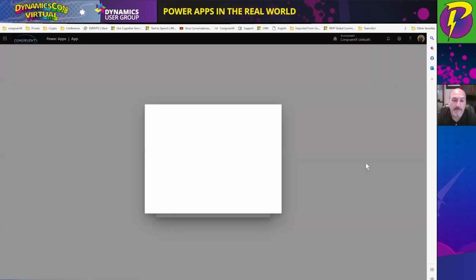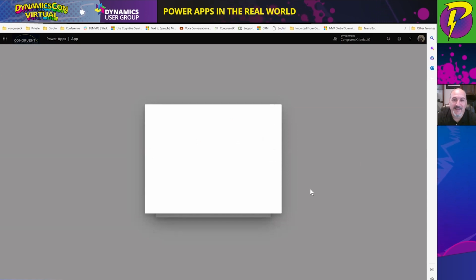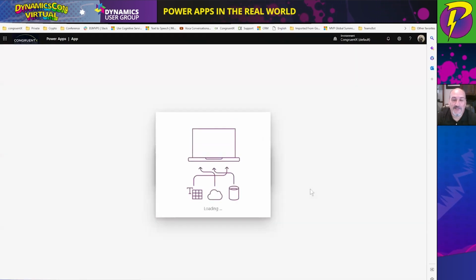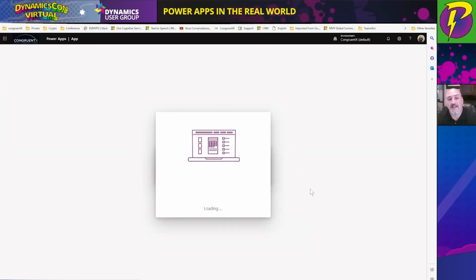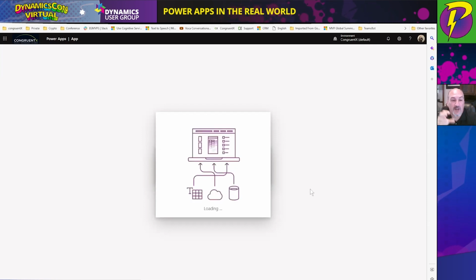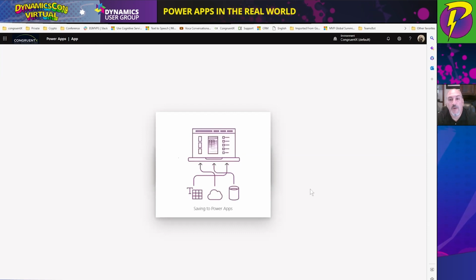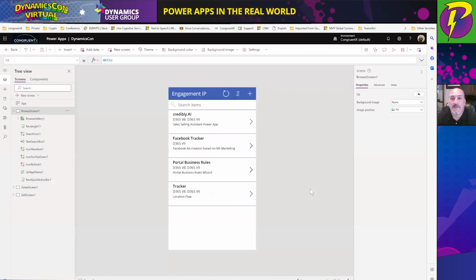And you'll see right here, Microsoft always wants our feedback. We'll skip that. You'll see that it's loading. And, you know, a lot of people say, well, hey, you could just switch to the screenshot, but I really want to show you guys how long it takes to build. Now, we're doing this on a remote connection. We've got video going back and forth and stuff like that, and your app is already built. It's a little faster experience when you're doing that. But as soon as this finishes saving, it's going to open up an app.